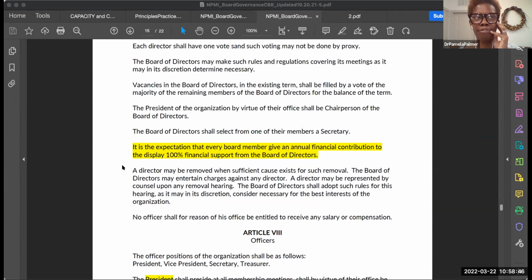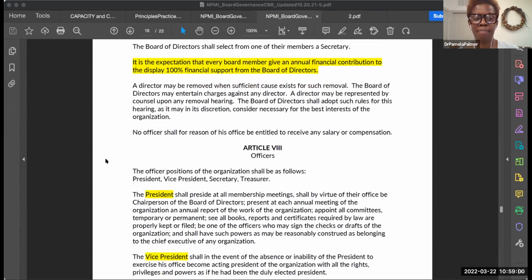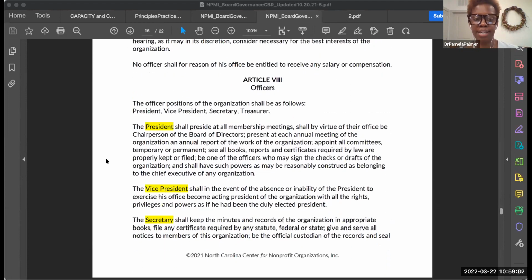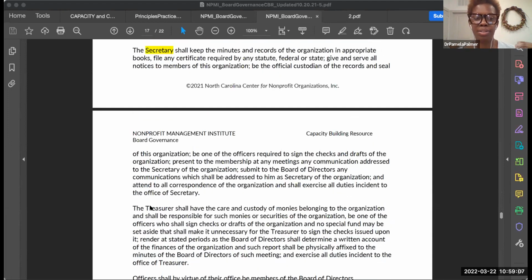So we often phrase it as a gift or give as it relates to personal significance, right? So it's really up to that board member. And then officers, typically there's president, vice president, secretary, treasurer, and this is considered